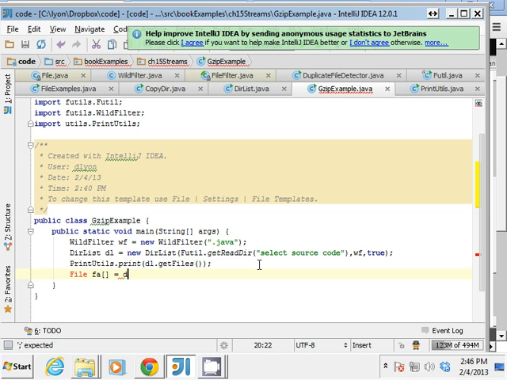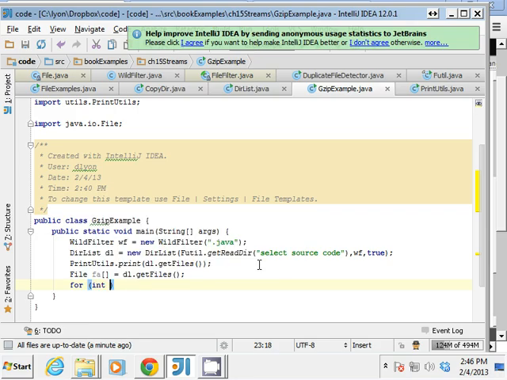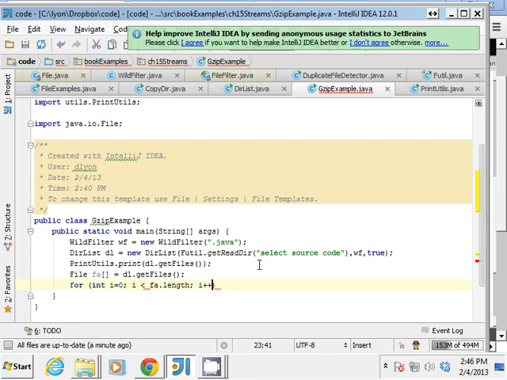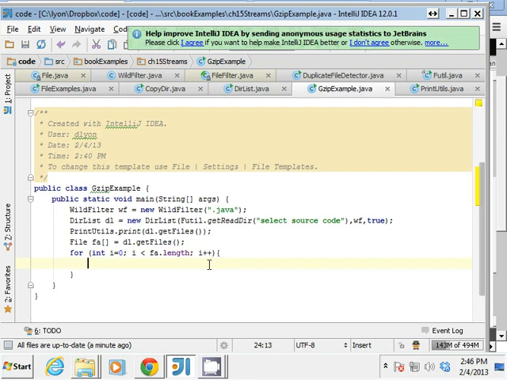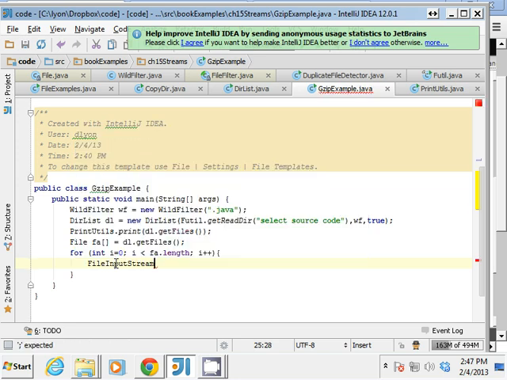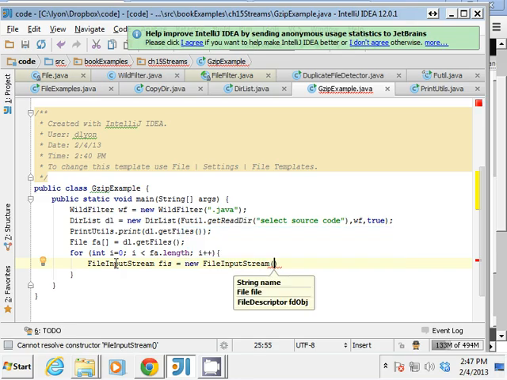So file array equals dl.getFiles, and then alt enter, and now I have to write a for loop for integer i equals 0 while i is less than fa.length, i plus plus, and now I'm going to have to create a file input stream from each file. Read from each file one at a time. So I'll have to do something like this. File input stream fis equals new file input stream, and I'll have to read in fa of i,